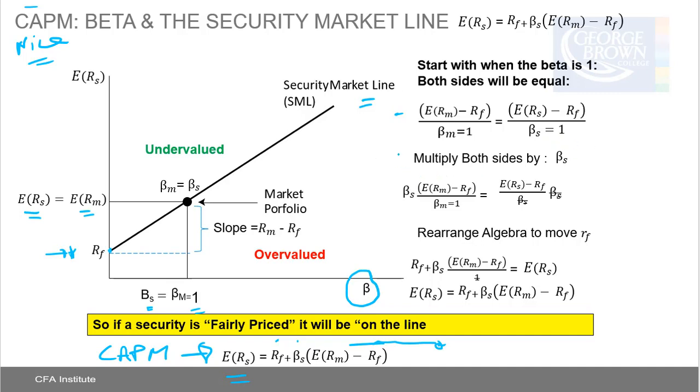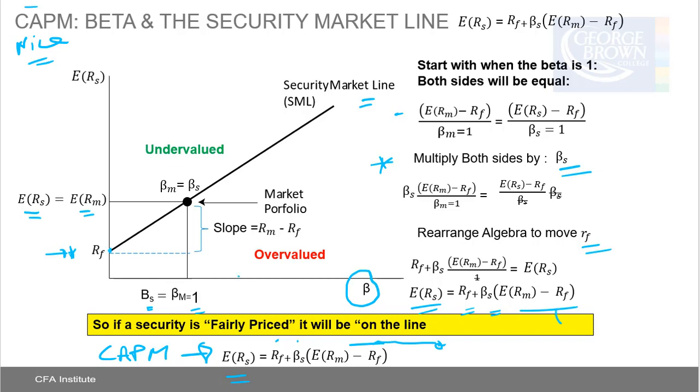So what we could do here is multiply both sides by the beta for the stock. On the left-hand side, we've got the beta of the stock times that formula. On the right-hand side, we've got the formula times the beta of the stock. So we can scratch it out using the algebra. We rearranged the algebra to move the risk-free. So now you can see that we've got risk-free plus the beta of the stock times expected return of the market minus risk-free. We changed the beta of the market to 1 equals the expected or required return of the stock. So just rearranging it then, expected or required return of the stock equals the risk-free plus the beta times